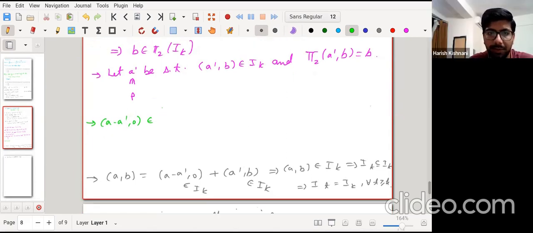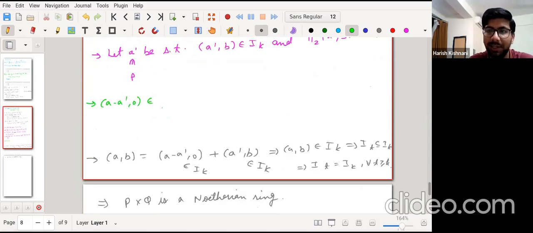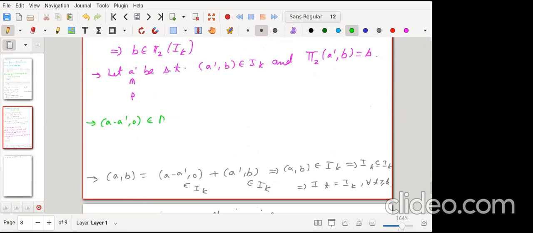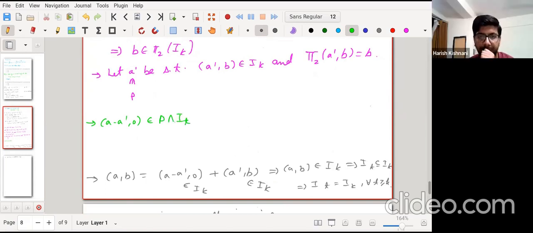Again, same. I am confusing A and P, so please forgive me for that. So it is inside your P, P intersection with IT, right? And because A is inside your P, and A dash is also inside your P, it is inside your P,